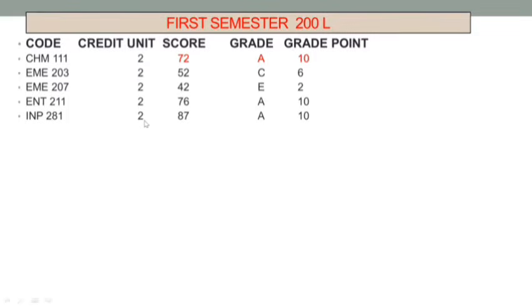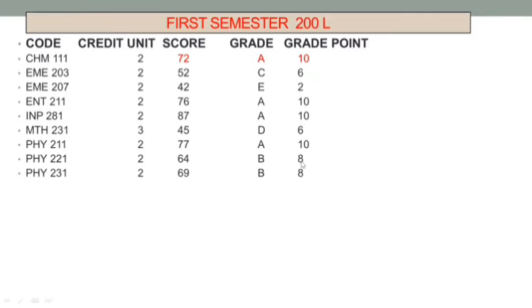Another course, 2 unit, the point earned is 10. Another course, 3 unit, he scored D, the point earned is 6. For another course, score A, 2 unit course, the point earned is 10. For another course, he earned 8 points. For another course,